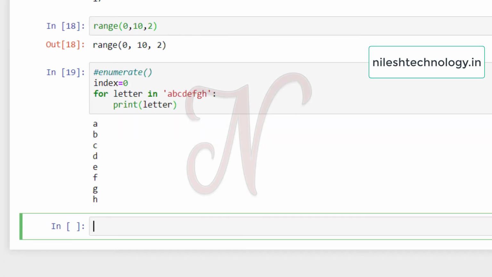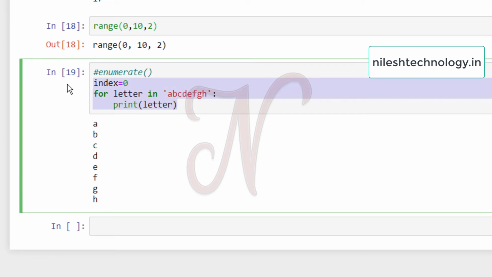Now we will print the letter with its index. I can copy paste this code here.